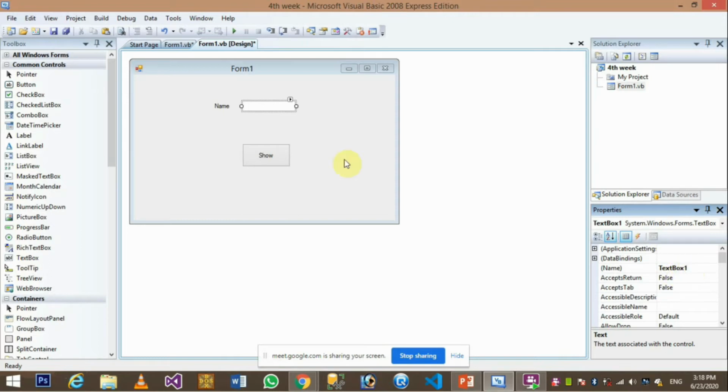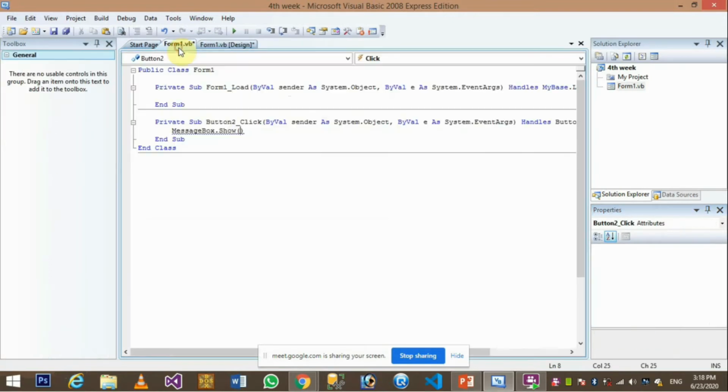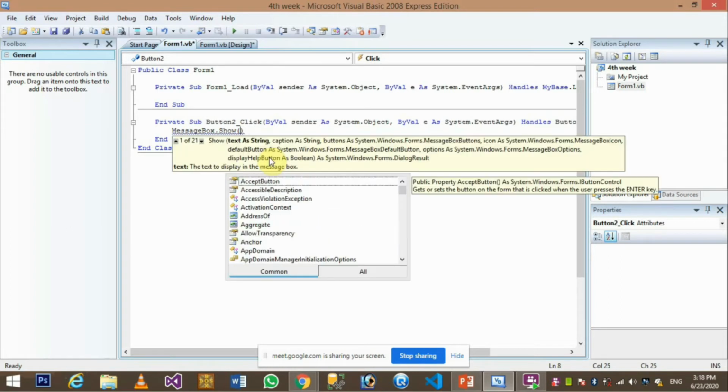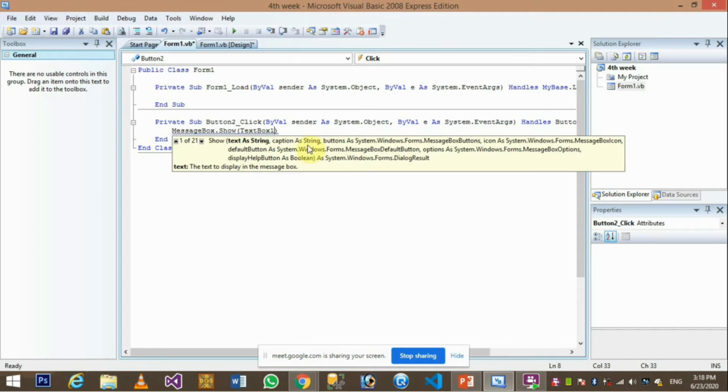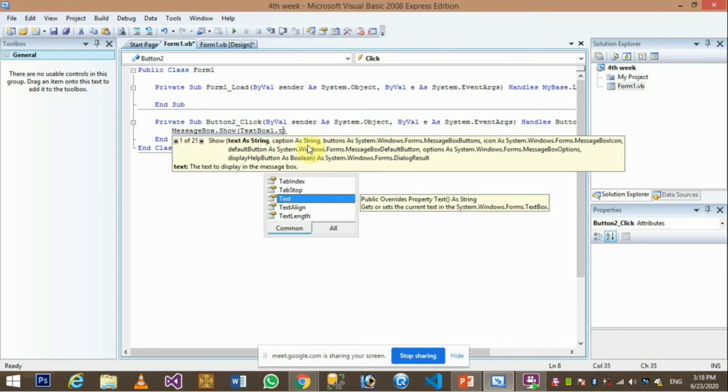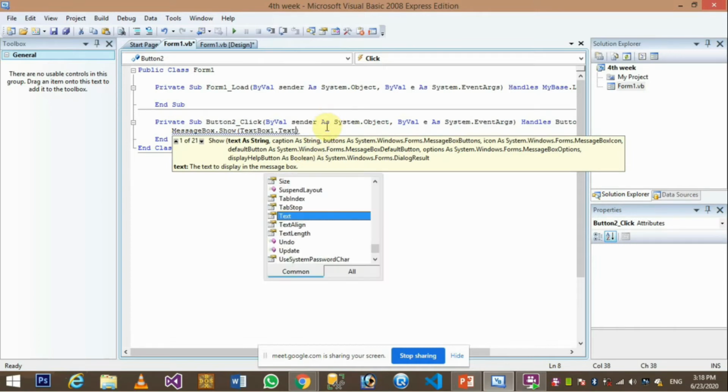Okay, the property text box 1, right? So we'll go to the form1.vb again, and inside here I write text box 1 dot text. All right.